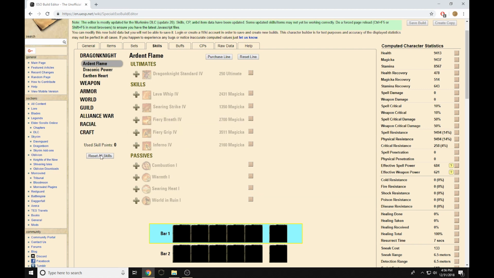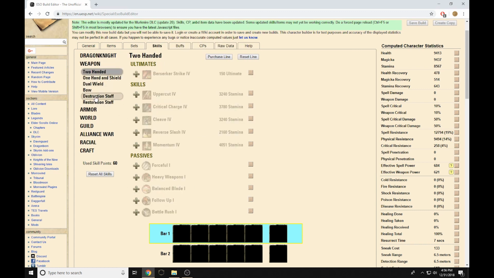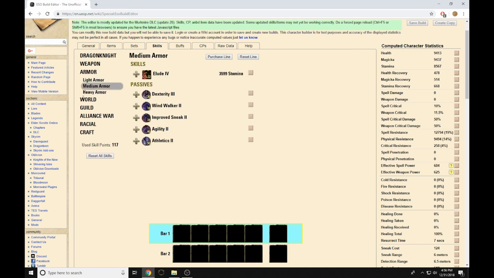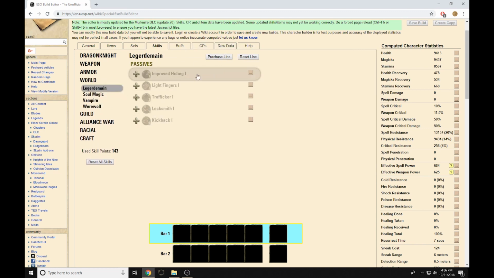Now, quick tip for using this page here. You have the purchase line option. Instead of going through and picking all your passives, you can just hit purchase line on each of them, and bam, we have all of our Dragon Knight passives just like that. We want to do two-handed. We have our two-handed and one-hand and shield lines just like that, and then we have our medium armor just like that. So it makes it really easy to set all your skills and passives for a PTS build,